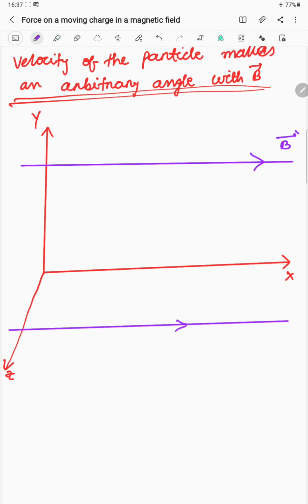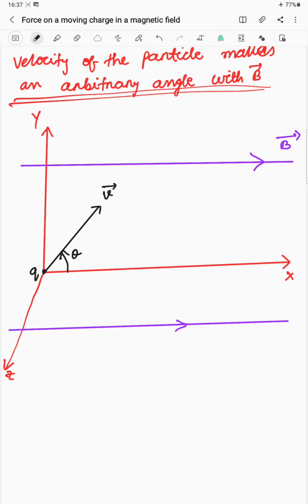Now it is telling that this charge will be projected by making some angle. So let us project it from here, right? So the velocity is v. The particle q charge is here. This charge is projected by an angle theta from the x-axis. Okay, this is how it is projected. Now what will be its motion, how it will move, whether it is circular, it will move in a straight line, how it will move.